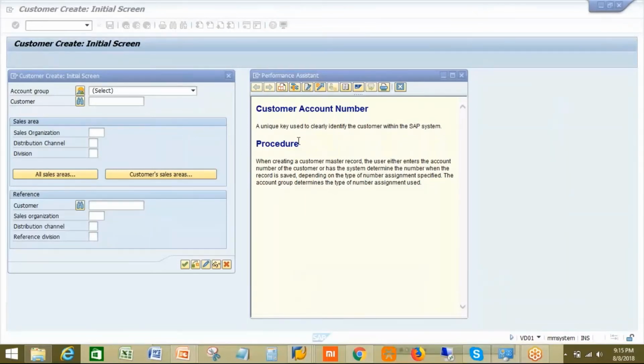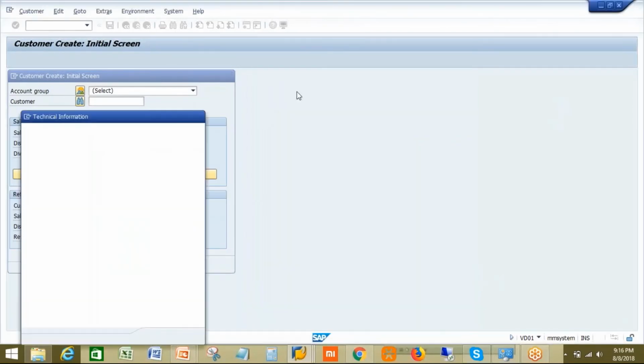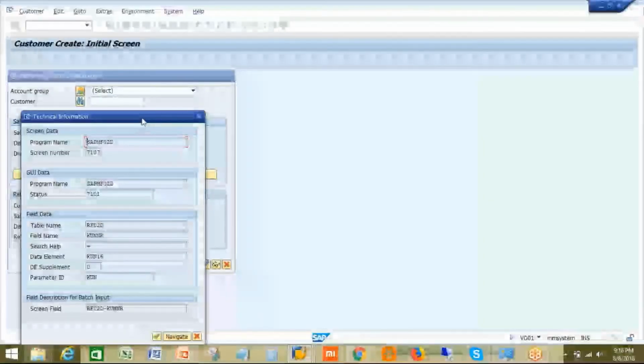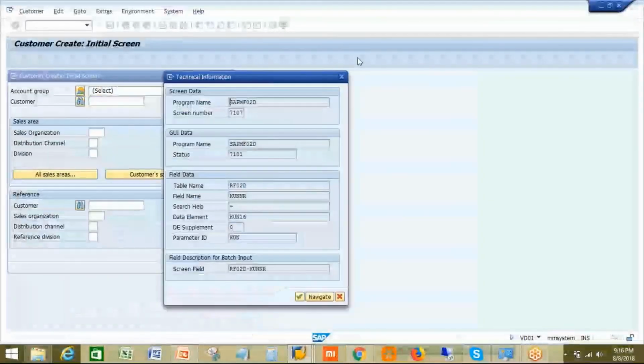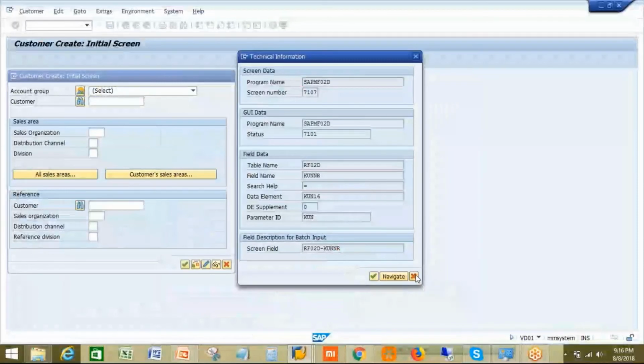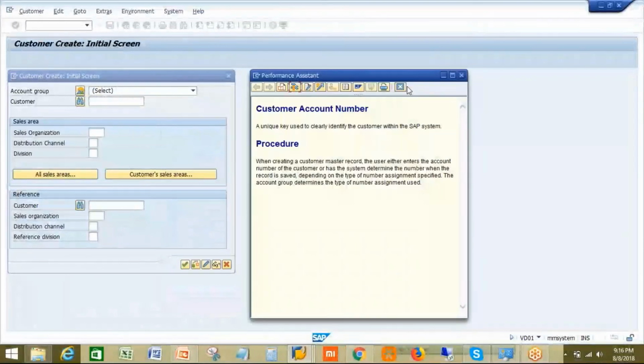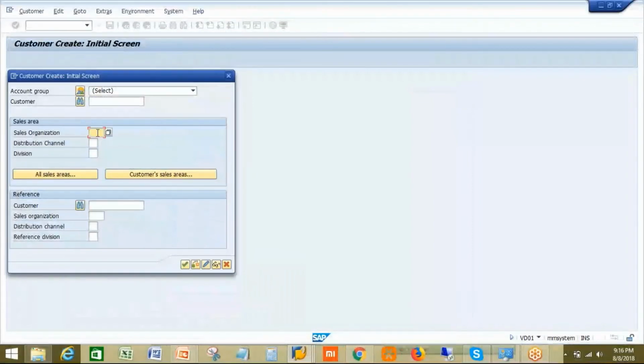So whenever you see this, the customer account number, here you will be able to see all the information that is relevant for this. Now in this, if you want to see any other information, you can see all the different table names and field names from here. For example, if you want to see any other options, what are the different details that you have here, you can go to the field.